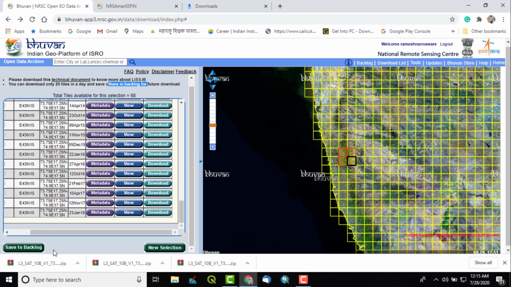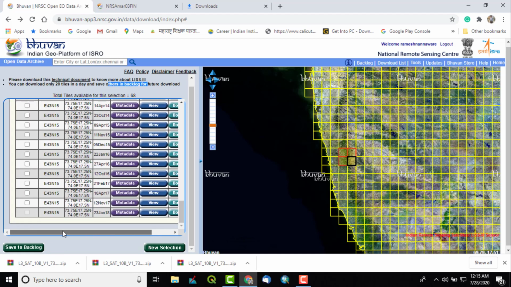If you want to select some imagery, you can put them in a save-to-backlog folder, and then after a minimum of 1 day passes, these images can be downloaded again with the help of your account.